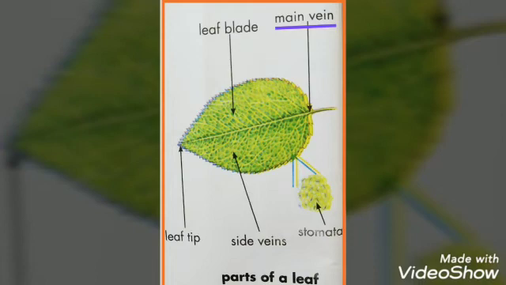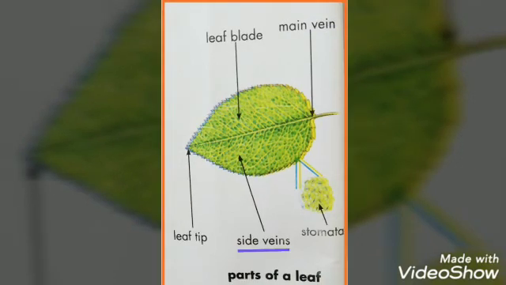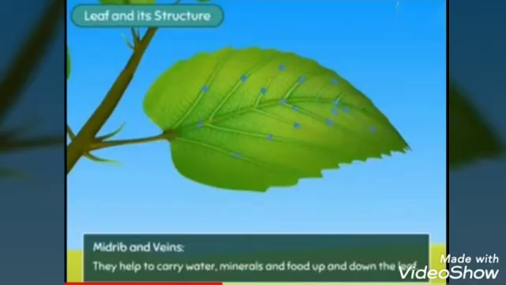The thick tube passing through the center is the main vein or midrib. We can see smaller veins originating from the main vein. These are called side veins. The main vein and the side veins have tiny tubes inside them. Some tubes carry water and nutrients to the leaf, while others carry food from the leaves to different parts of